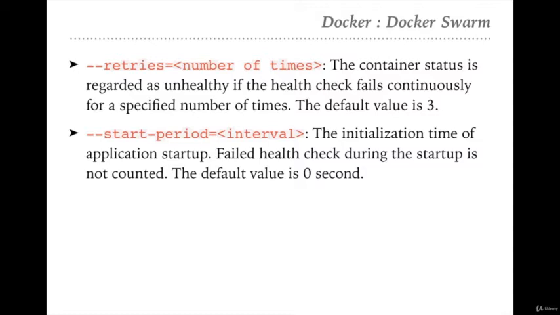In that case, if you are not modifying the start period, then your health check will start failing, right? And a new container inside your Docker Swarm or Docker service will be created. So to avoid these kinds of situations, we have the start period. If we know that our application takes a standard 25 minutes to start, then we can define the start period as 25 minutes, so that after 25 minutes the health check will start, right?